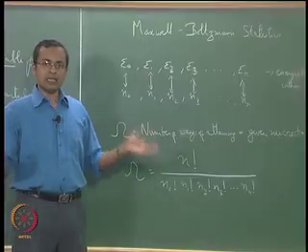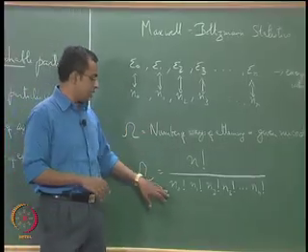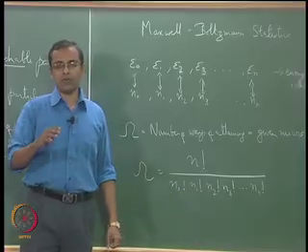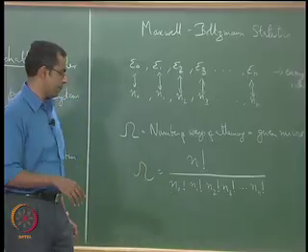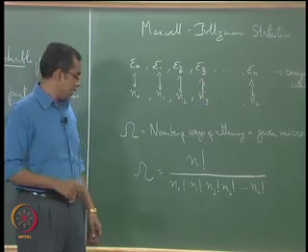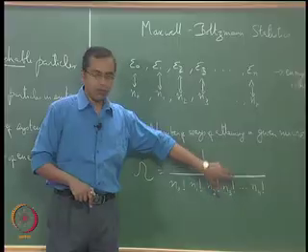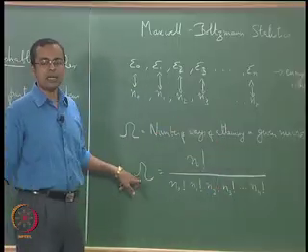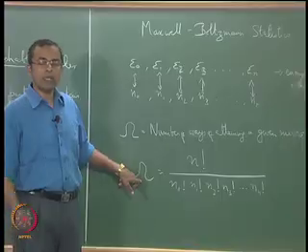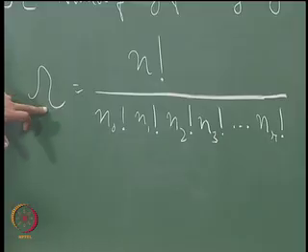We have now taken a very large system, and from that system we have come up with a formula which tells us the number of ways of attaining a given microstate in that system. This is a very useful piece of information for us. What we need to know is what combination of n0, n1, n2, n3, n4 till nr maximizes the value of omega. That is all we seek to know.